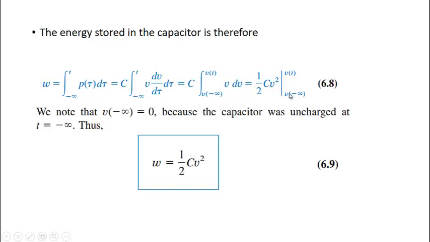So the limits will be v of t, the energy at v of t, and the energy at v equal to minus infinity, the value of the voltage at t equal to minus infinity. We know that v of minus infinity is equal to 0. That means we assume that this capacitor is uncharged, so that there is no initial voltage in the capacitor. In that case, this term comes out to be equal to 0. So we only get w, the energy stored, 1 by 2 C v squared. We can write it as C v(t) squared as well, where v(t) shows that it will change with time. If it is constant, that will be v squared only.